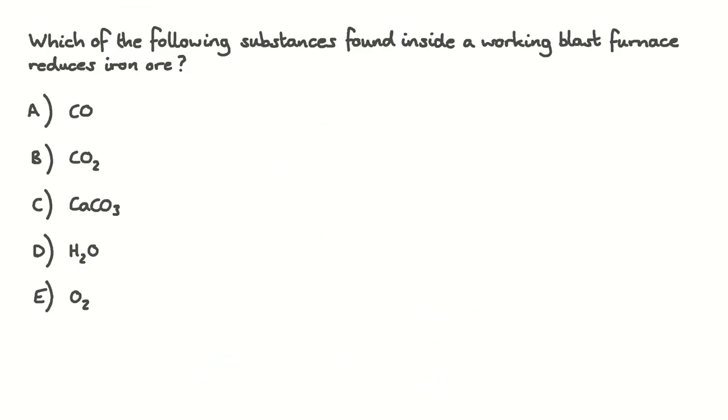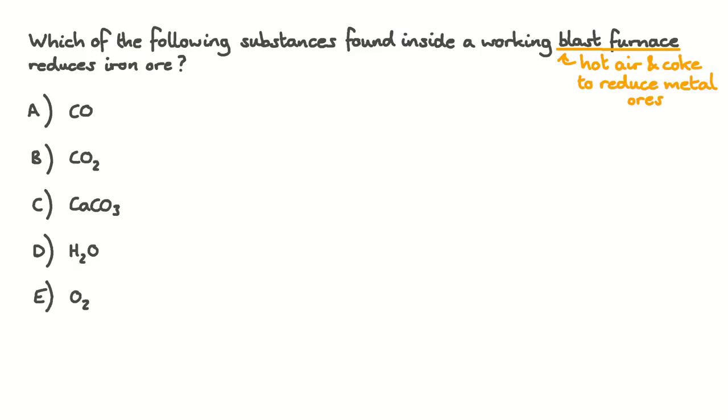Which of the following substances found inside a working blast furnace reduces iron ore? A. CO, B. CO2, C. C, CaCO3, D. H2O, or E. O2. A blast furnace uses a mixture of hot air and carbon in the form of coke to reduce metal ores,